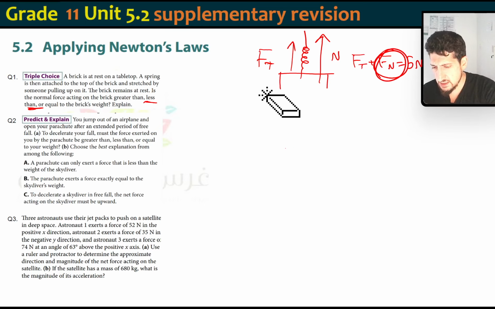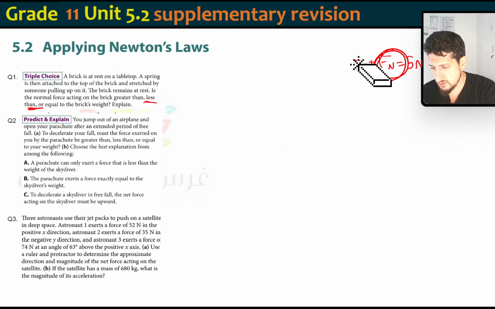Next, we have a parachutist who jumps out. So we've got an example here of a parachutist, a jumper who jumps out of a plane, and after an extended period of free fall,